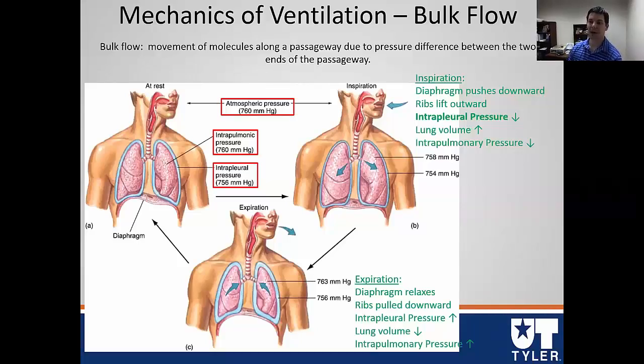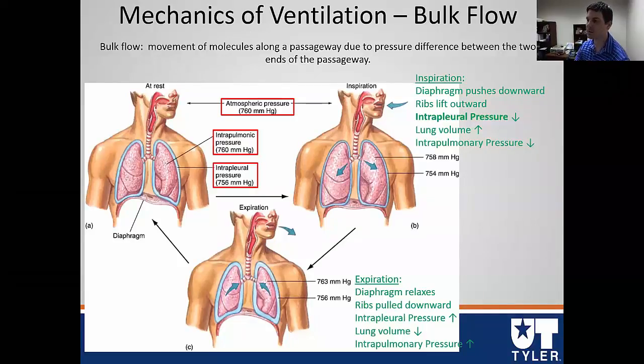So as we now come back to discuss the movement, notice that ultimately through this bulk flow, air is going to follow the pressure difference, going from the higher pressure to a lower pressure. So the atmospheric pressure in general isn't going to change. This is usually about 760 millimeters of mercury. And so the way that we then cause inspiration and expiration, since atmospheric pressure isn't changing, is to alter the pleural